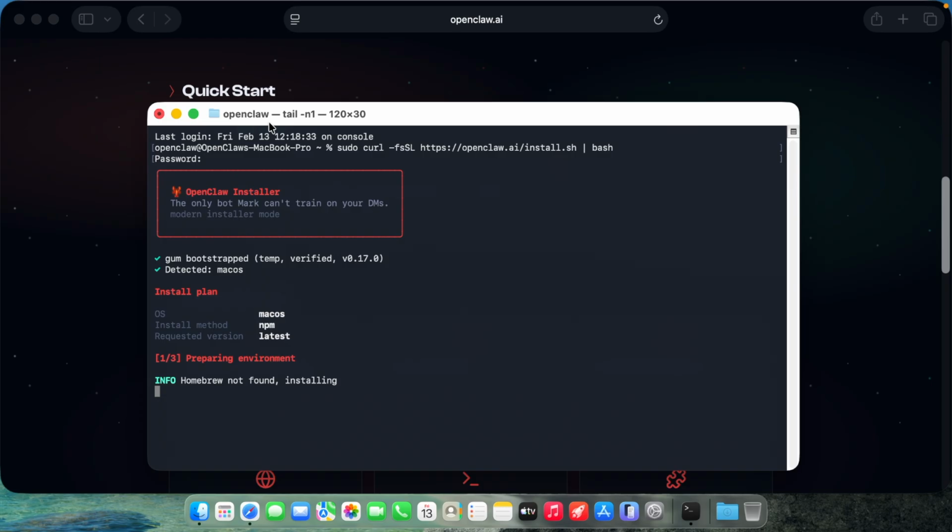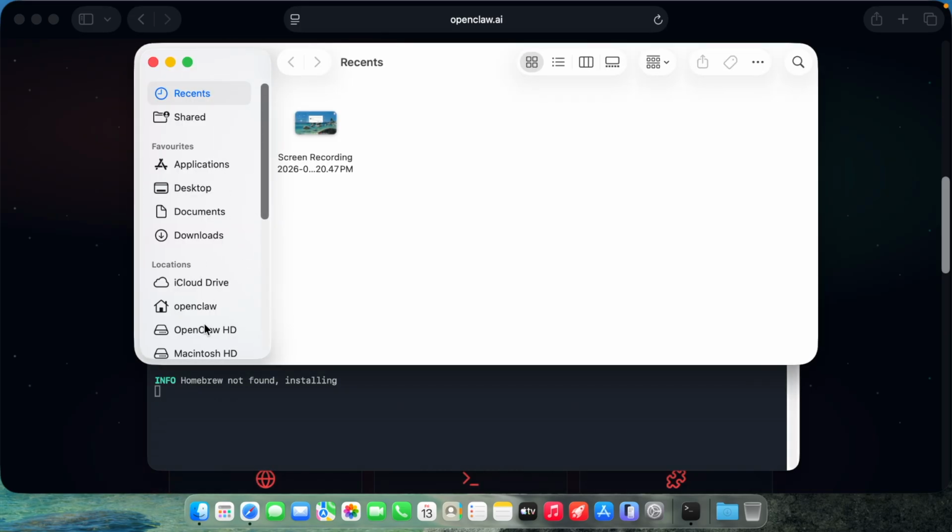So that's pretty much it. Your installation would be done, and you can launch your OpenClaw and configure it whichever way you want. You can install multiple agents, spin up multiple agents, stuff like that, and you're good to go. And if I show you one more thing, which is here,